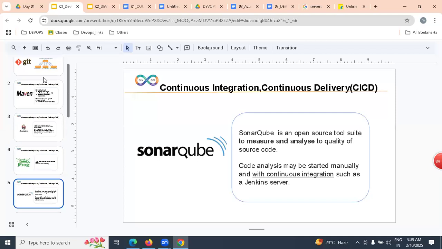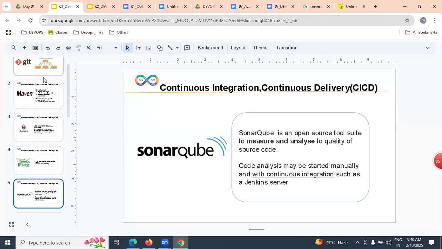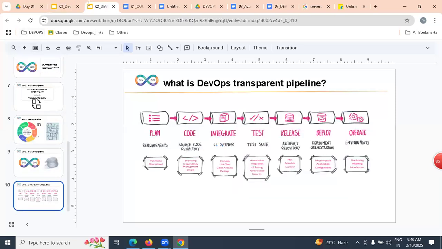So with Git, Maven, Jenkins, JFrog, and SonarQube, we can implement our CI/CD process: continuous integration, making working software, and continuous delivery.